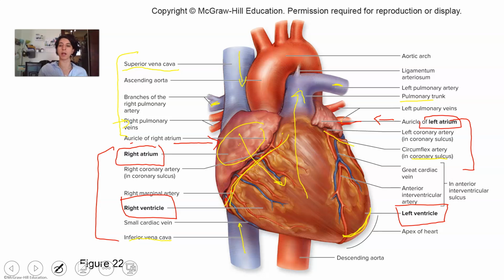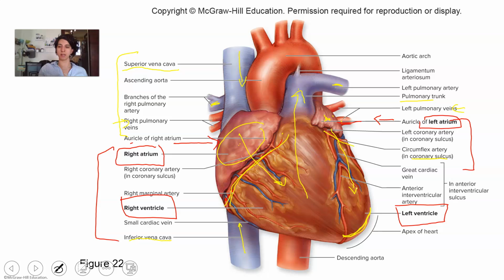You have your right and left pulmonary veins bringing blood from the lungs to the left atrium. And I'm going to make a star right here because this auricle is what tells me that this is the left atrium. The left atrium fills up with oxygen-rich blood, and then it goes into the left ventricle,